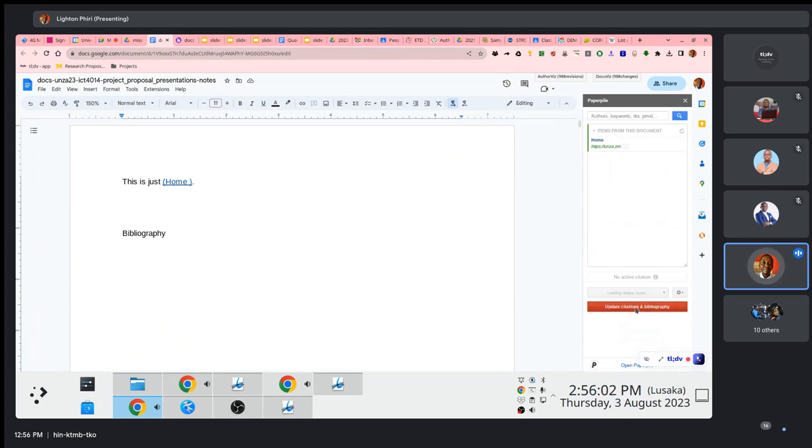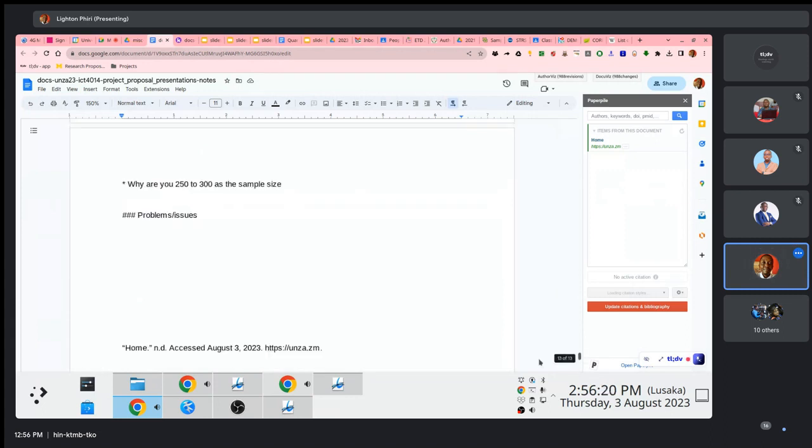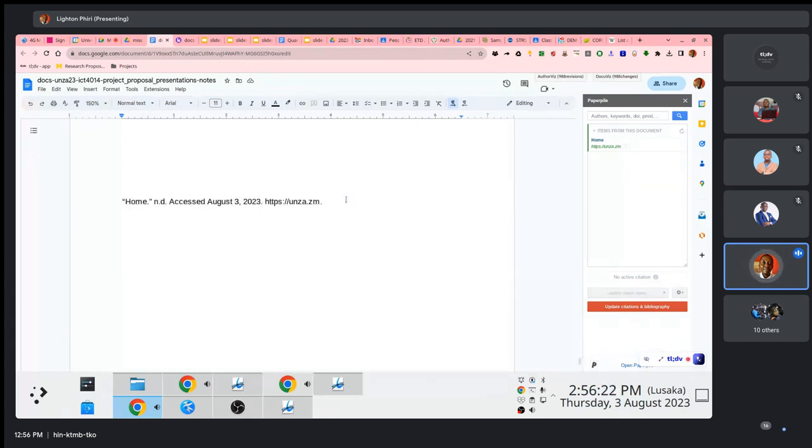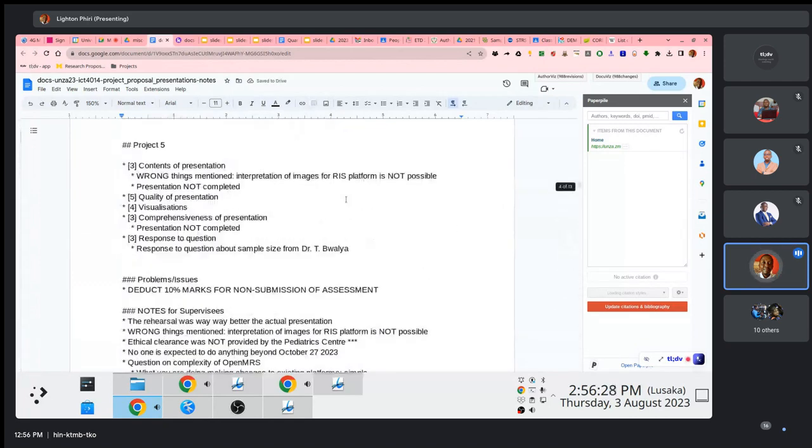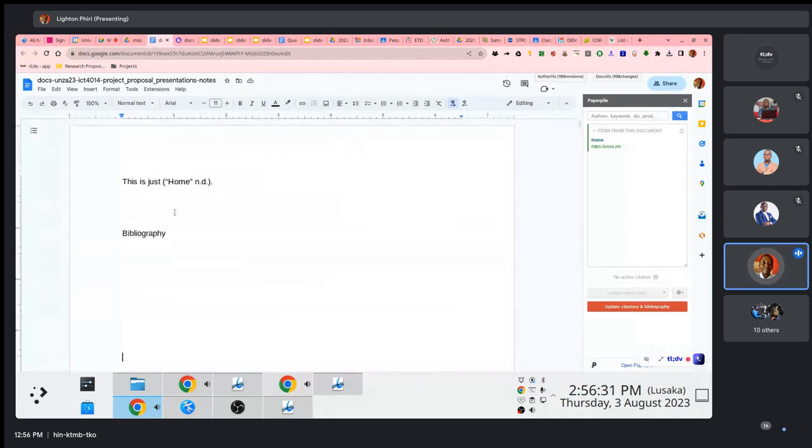I'll just say update citation and bibliography, and the bibliography will be automatically formatted on my behalf here, right under bibliography. Now, the way this extension works, the way this extended functionality works is I can do fancy things like, and I don't know where this has gone. I think it's gone at the bottom. If you notice, it's here at the bottom of the page, but I can cut it and push it somewhere at the top where I have this section here. So it's been automatically generated like this.